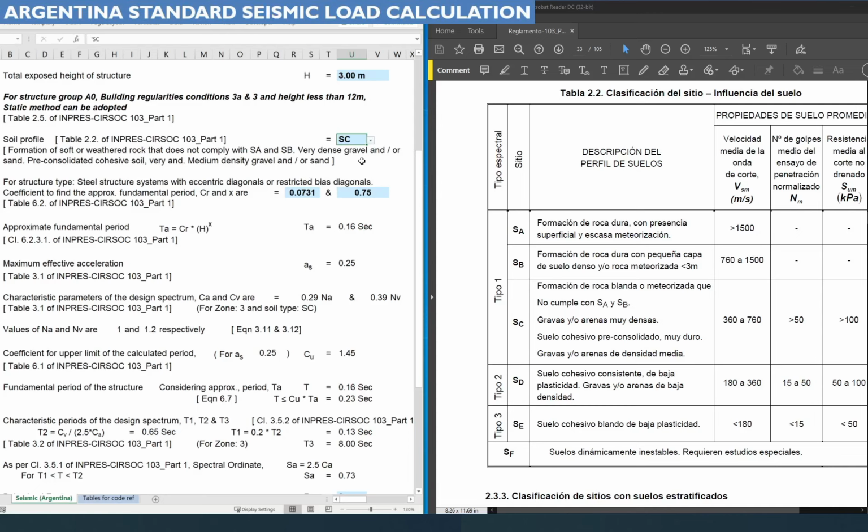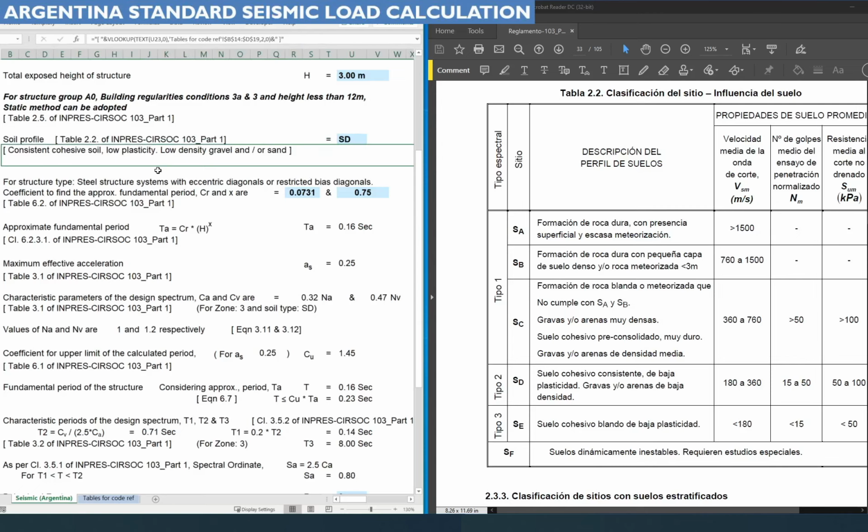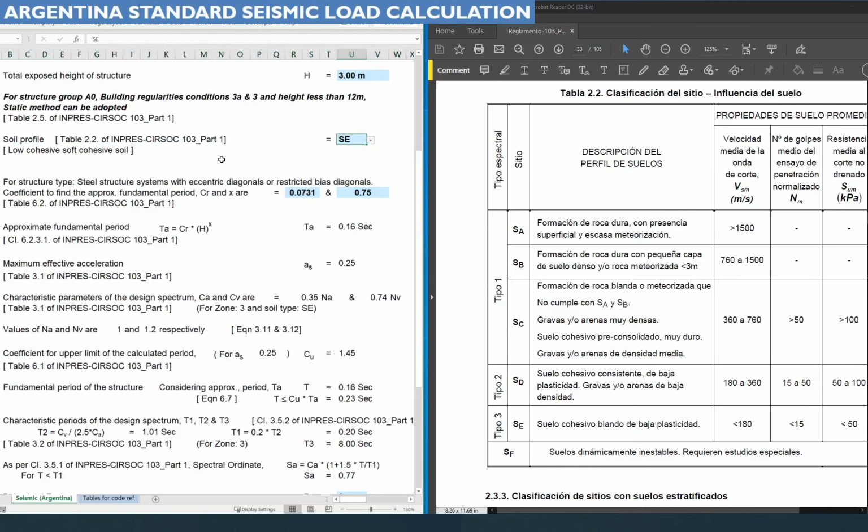SC is a formation of soft or weathered rock that does not comply with the SA and SP, very dense gravel and or sand, pre-consolidated cohesive soil, and medium density gravel and or sand. SD is a consistent cohesive soil, low plasticity, low density gravel and or sand. SE is a low cohesive, soft cohesive soil, whereas in the code it is also referred to as SF, another soil classification,